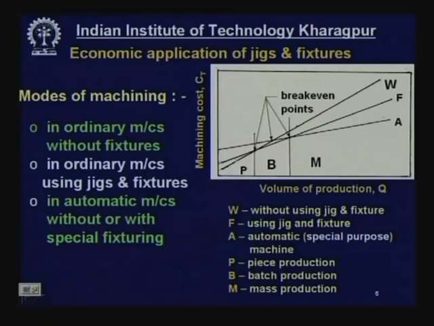Now, how? The modes of machining. Suppose a lot of jobs have to be produced by machining. What are the possible modes? One, in ordinary machines like a lathe or drilling machine or planing machine or milling machine without using any jig or fixture. Now, let us come to this plot, graphical representation, which shows machining cost, total machining cost